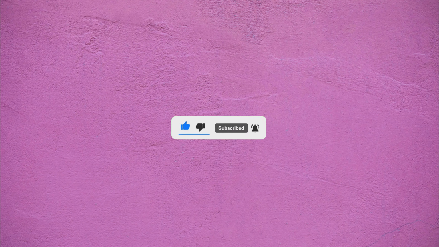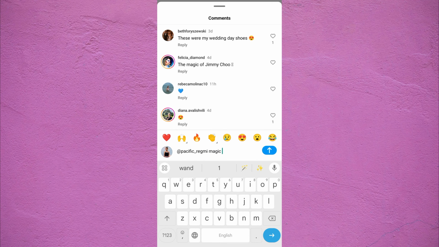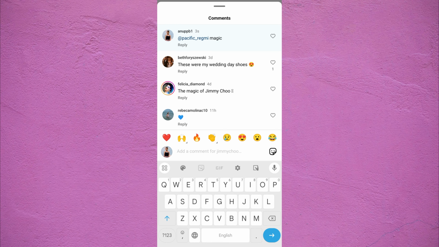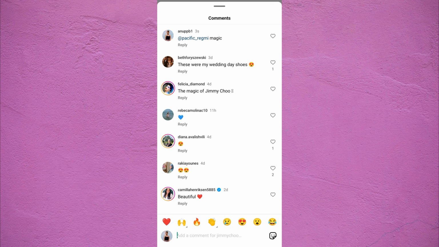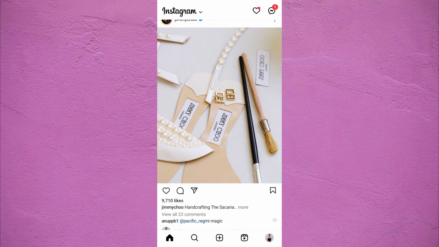Mentioning someone in an Instagram comment involves tagging your friends or Instagram users. It is done by typing the username of the person you want to tag. When you tag someone, their username becomes clickable, and they receive a notification informing them that they've been mentioned in